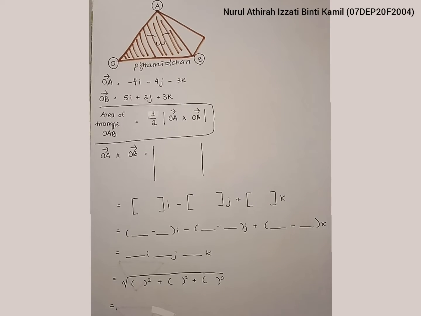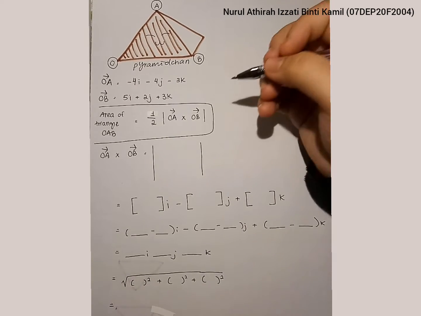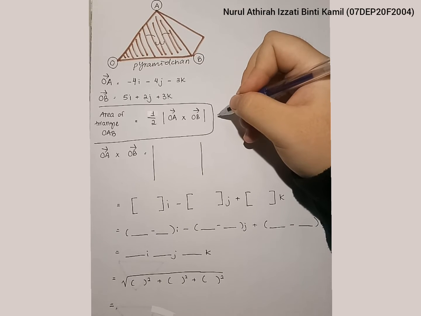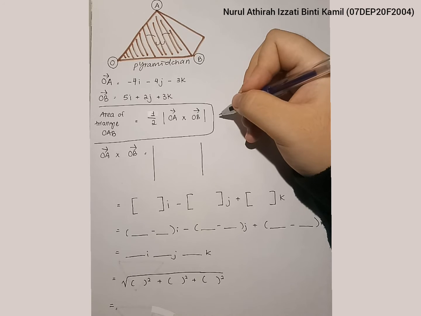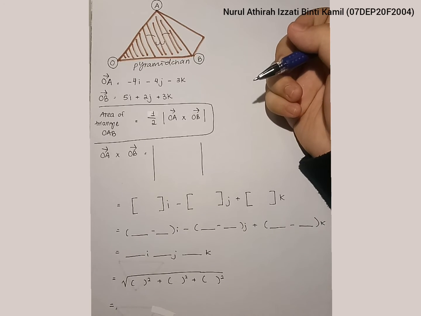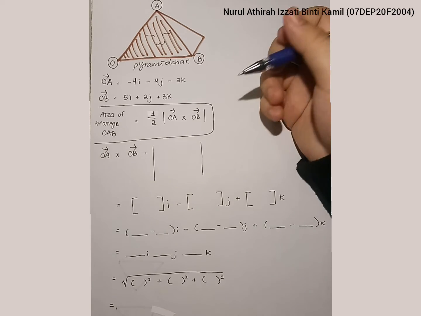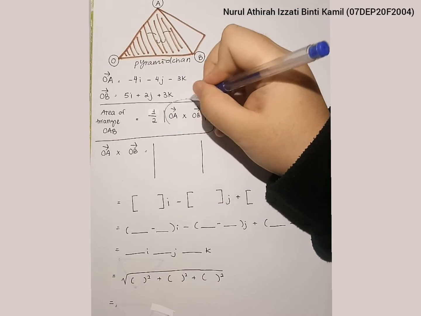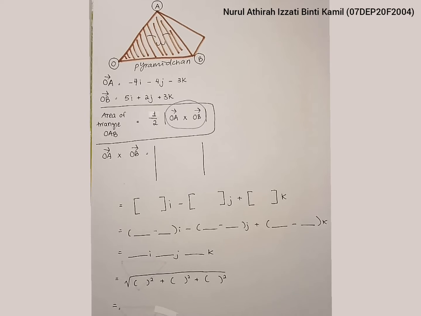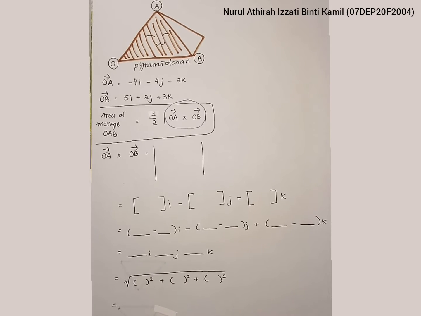To find the area, we can use the formula here: 1 per 2 times vector OA cross with vector OB. First, we need to know the value of this. So to solve that, vector OA times vector OB equal to,